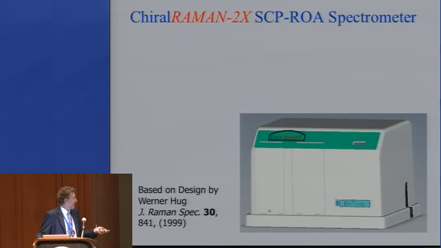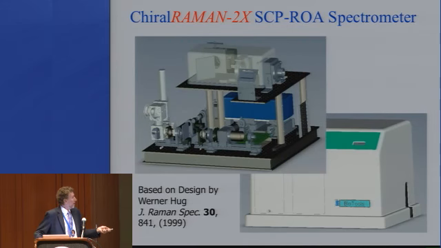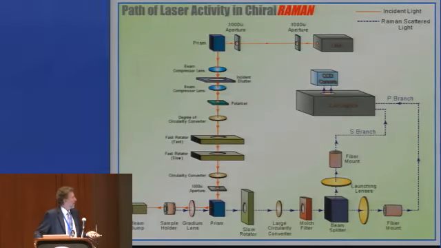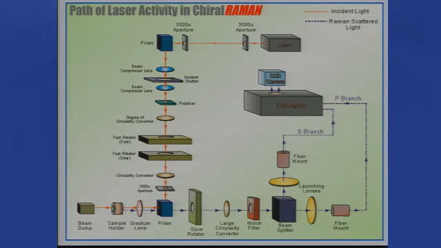It's based on a design published in 1999 by Werner Hug, who worked very closely with Critical Link in Syracuse to manufacture and come to a final design of the ROA spectrometer. There's a laser underneath and a spectrograph up above and fiber optics below, and the diagram, which is quite simple, you can see, has basically a laser excitation rail where you get rid of all the polarization going